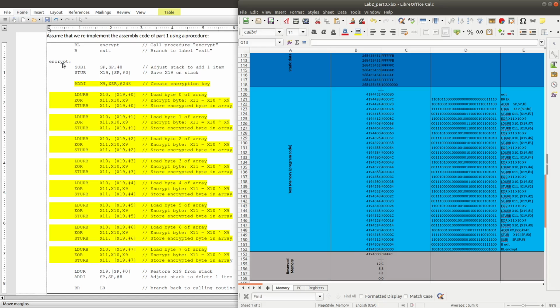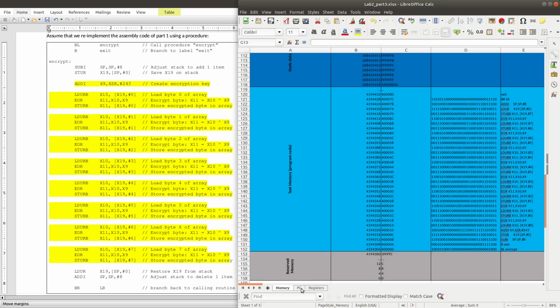After that, the encrypt procedure starts here at address 40008, the first instruction in our procedure, and gradually our procedure will end here by BR LR, which will return to the caller code here.